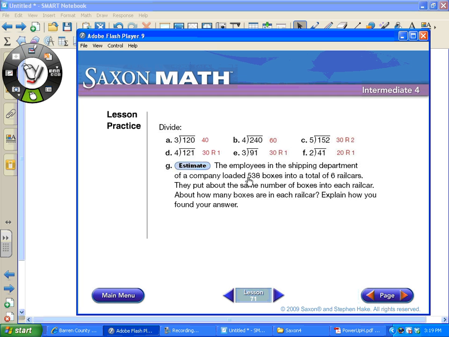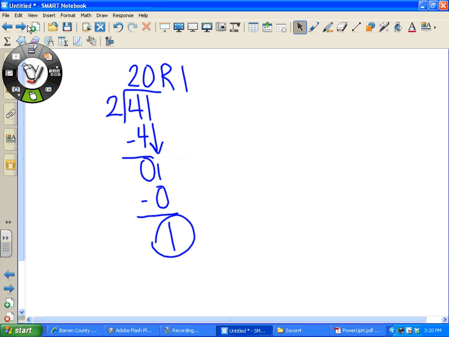Okay, let's look. First of all, I'm going to be looking at 6 and something that's going to be compatible to round this off to. And I know 6 times 9 is 54. So if I round this off to 540, and that would be to the nearest 10, then it's going to be a really easy problem to work. So I'm going to round this off to 540